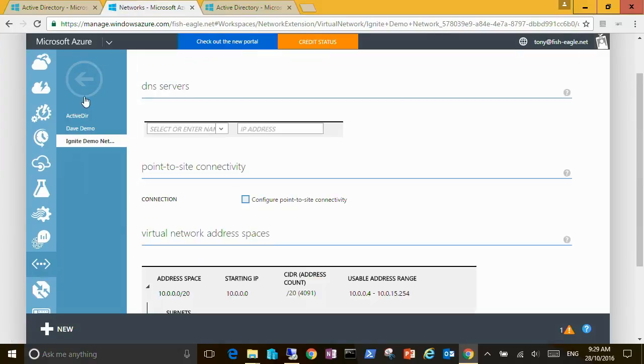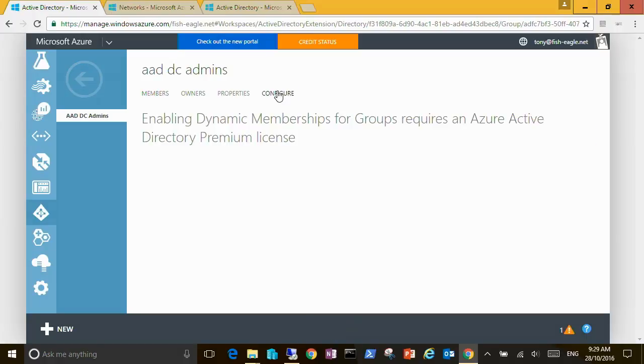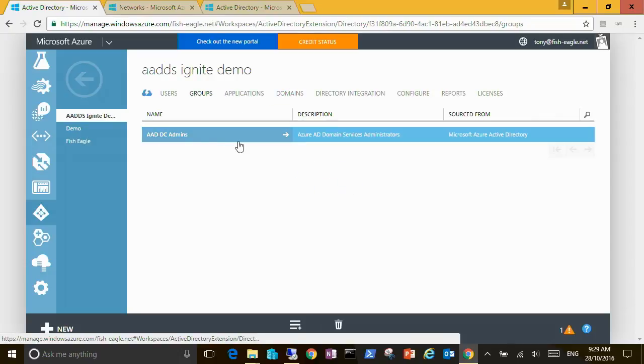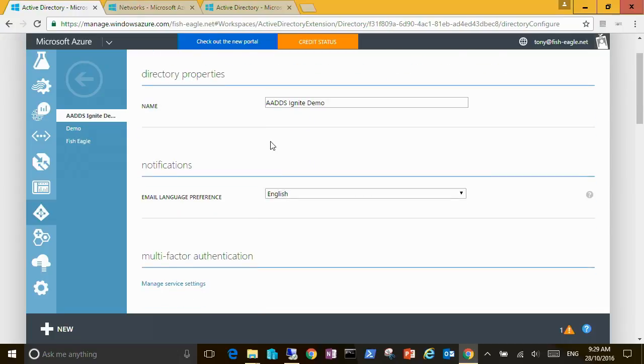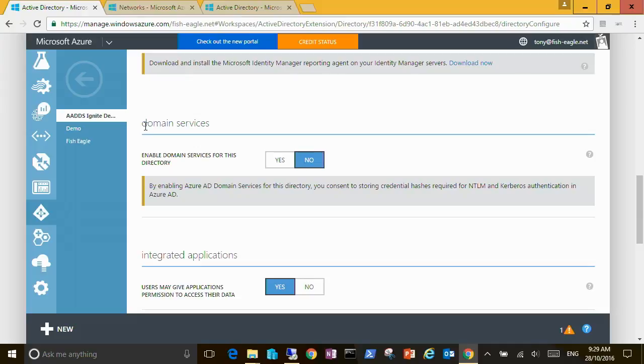Oh, sorry. Just going back to the Active Directory instance I've got here. Oh, sorry. Wrong configure tab. Basically, on the configure tab, when it's finished loading, you'll see that I've got a domain